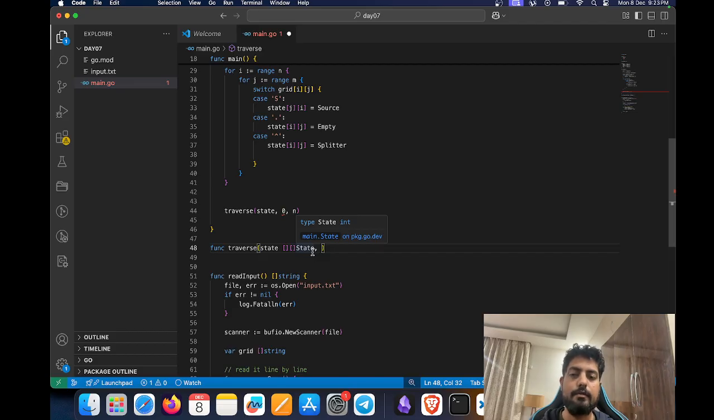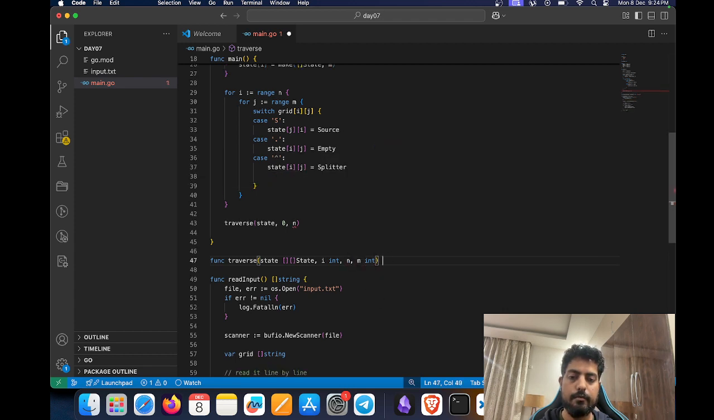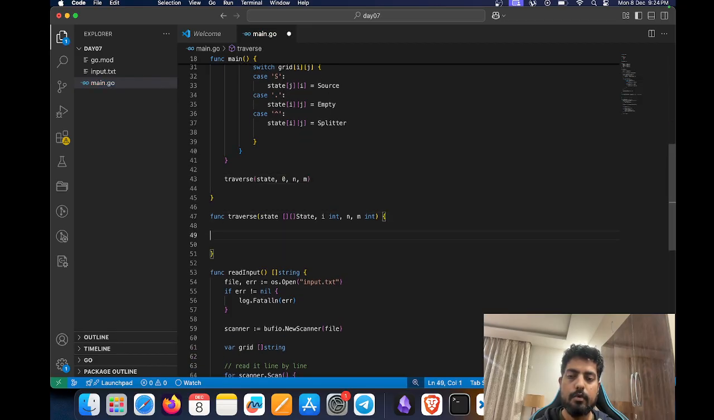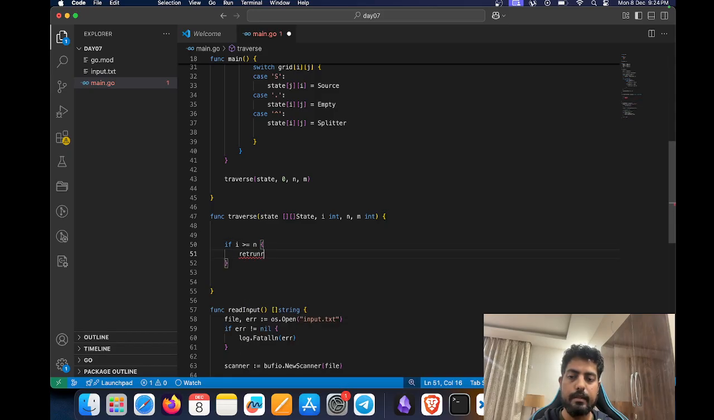So this is our planet, our world, whatever. We have this compressed ecosystem that holds every possible state that we can think of, and we start with the first row and total rows. I think we can just call it n comma m, where n and m are the total number of rows and columns that we can have. Now if i is greater than or equal to n, then simply return,